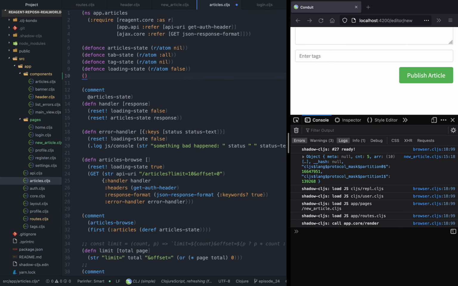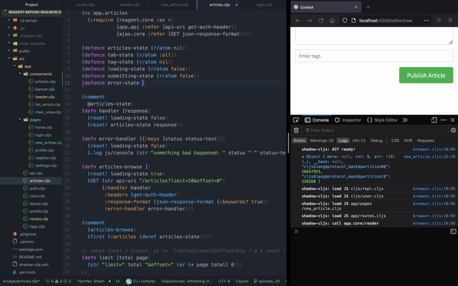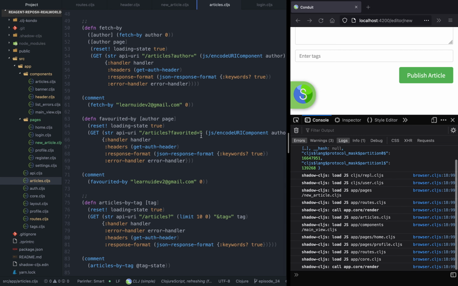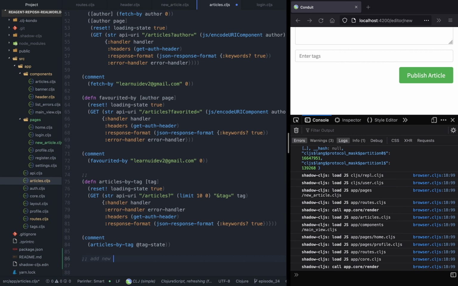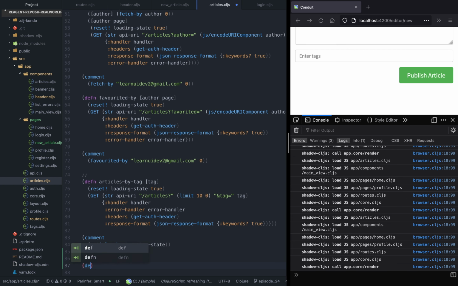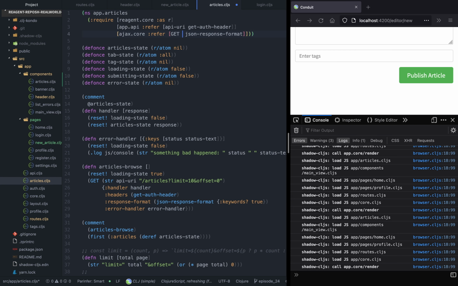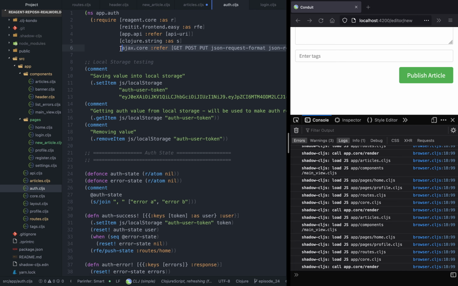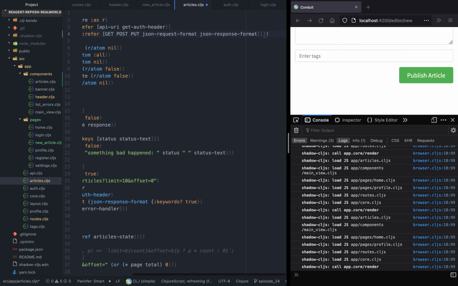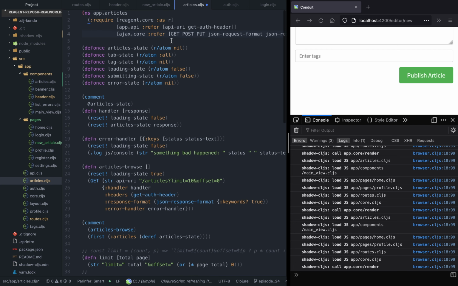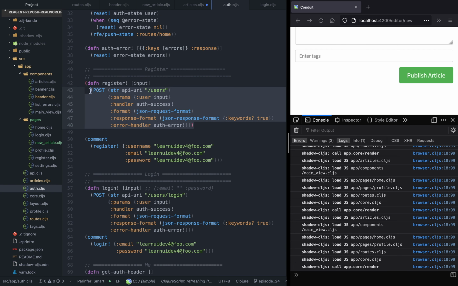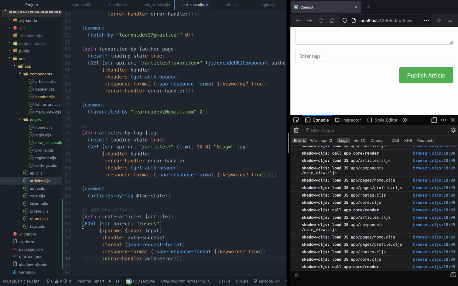And now let's go to the articles namespace and declare a new state for submitting state. And this is defaulted to false, as well as the error state, and the value will be nil. And in line number 87, we're going to implement the function for adding a new article. So let's call this the create article function, and this is going to be a post function. And let's also copy all the dependencies. So we can copy the register function, and